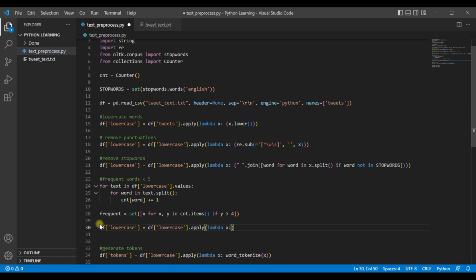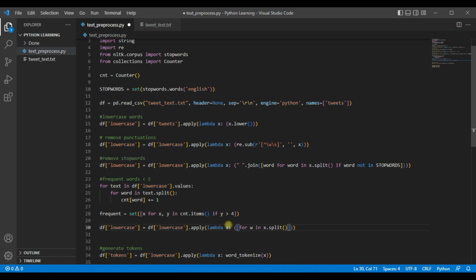We get a sentence from our lowercase column, we split that sentence, and we loop through it word by word. If that word isn't in the frequent set, it's going to be removed from our sentence. So let's return, for word in x dot split,